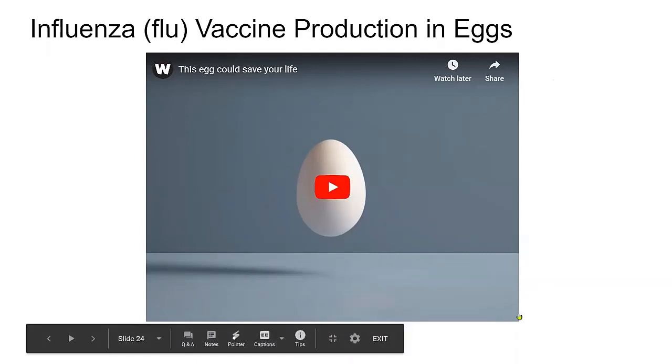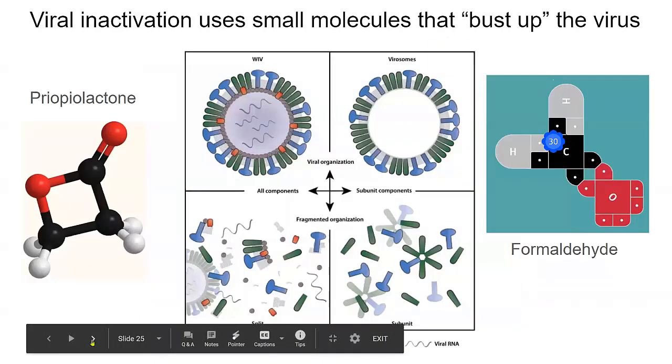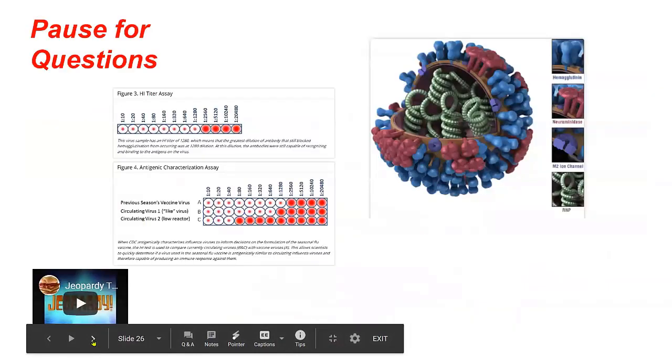So instead of using the eggs, there are other ways of growing the virus, or influenza anyway, and that may help. And recombinant DNA may also help. If all you need are the bits and pieces, you don't need to start with the whole virus. Can we just make the bits and pieces to start with? Could you just make the protein, so to speak? Yeah, exactly. Got it. So that's future science.